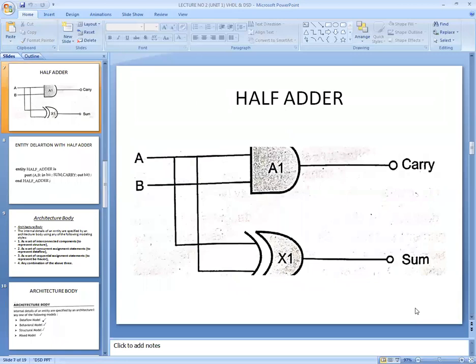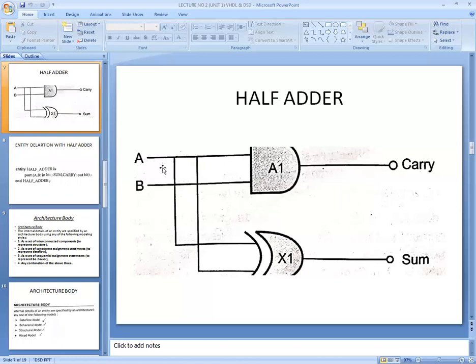Again, we will see one more example, based on the half adder. As seen in the figure, in a half adder you can add two bits, and you get two results, sum and carry. Suppose we have two bits and both are 0, then sum will be 0 and carry will also be 0.